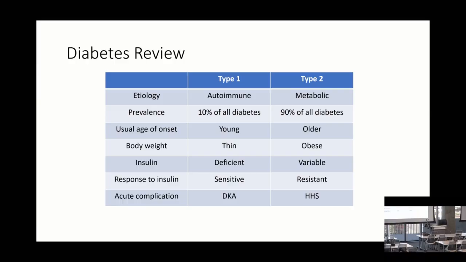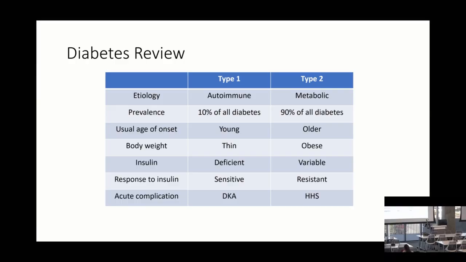So, a review of diabetes, type 1 and type 2. The etiology of type 1 is usually autoimmune, whereas type 2 is metabolic. Regarding prevalence, type 1 is much less prevalent, about 10% of all diabetes, whereas type 2 is about 90% of all diabetes. Age of onset is younger for type 1, older for type 2. Body weight, we talked about this, thin versus obese. Insulin is often deficient in type 1, and in type 2,